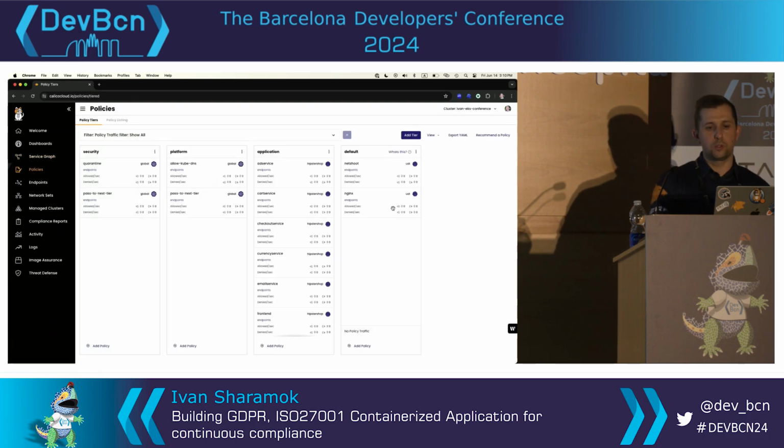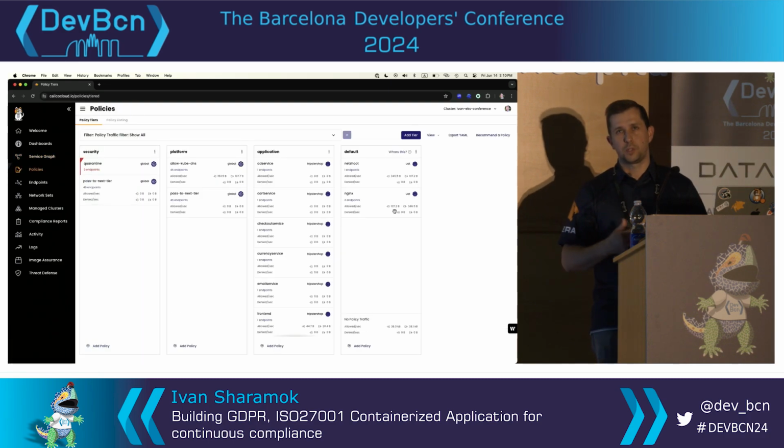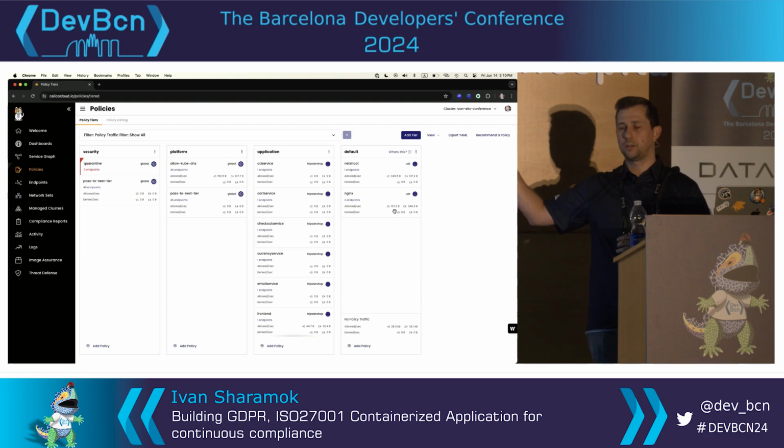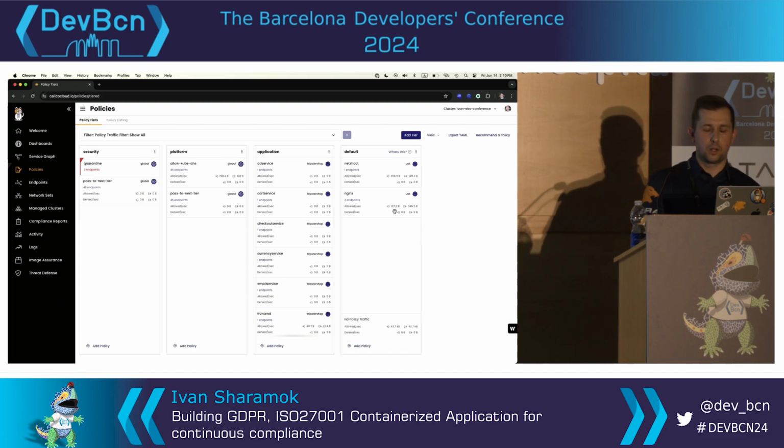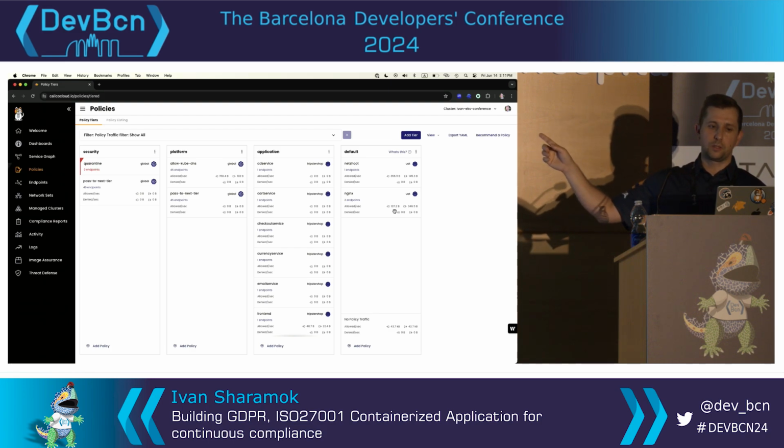Within the policies, whenever you deploy them, if you're using Calico open source, again, this is part of the commercial, all the visualization tools. You would manage everything through kubectl commands. Everything you deal with through the CLI commands. In the commercial version, you would see everything that you deployed in the cluster.